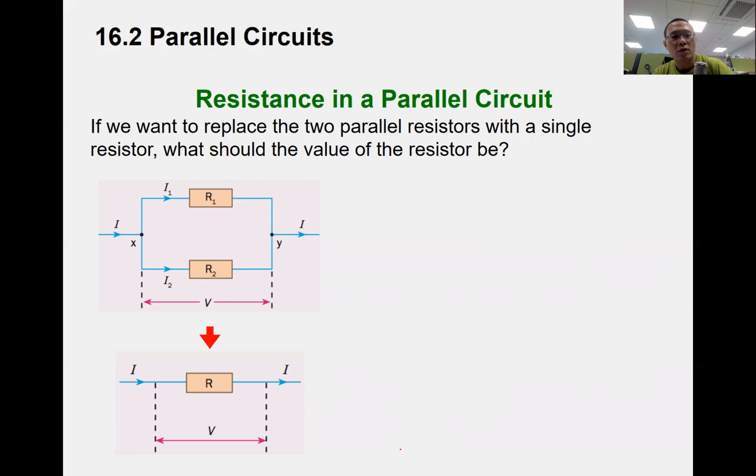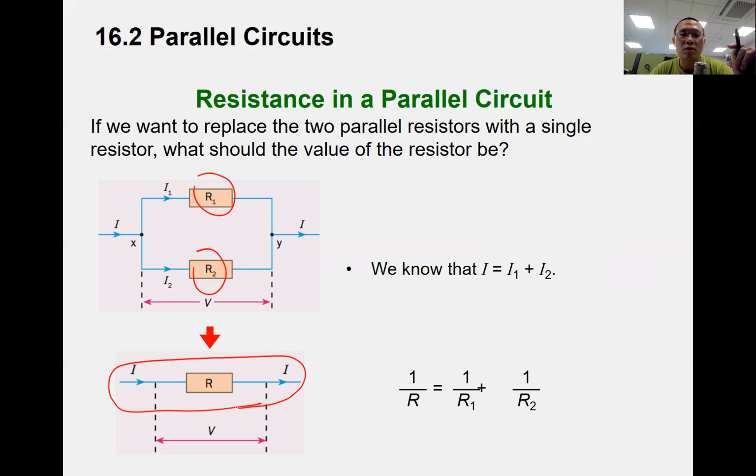Partly I want to save costs, and also partly because the circuitry, R1, R2, is so big, I want to string it into just a small one. So this is one of the few main reasons we look for effective resistance when I want to sum up all the resistances, because I want an effective resistance that behaves like many small resistances. Same thing, the formula for the effective resistance, the total resistance here,